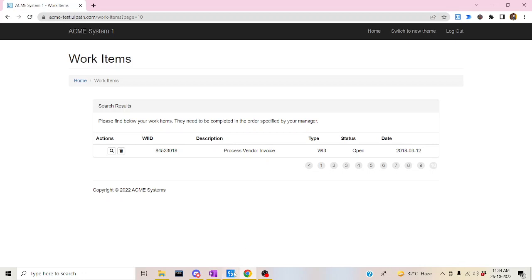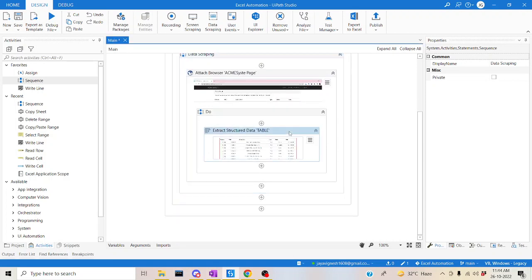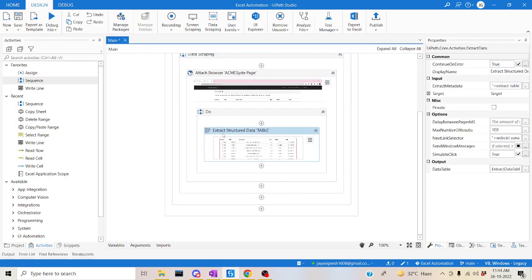Okay, so we have done with our data scraping. So it will be structured. Okay. Soon after, just click on this